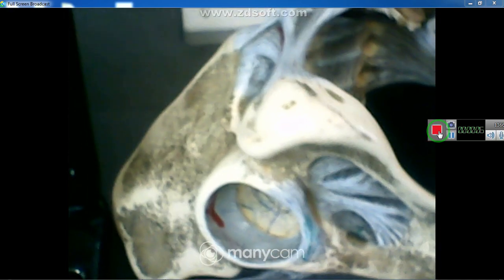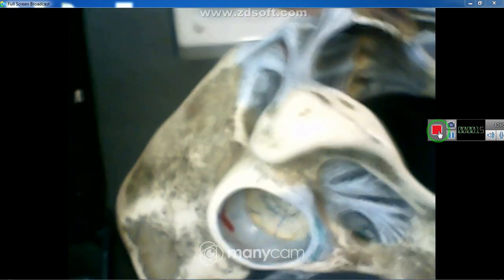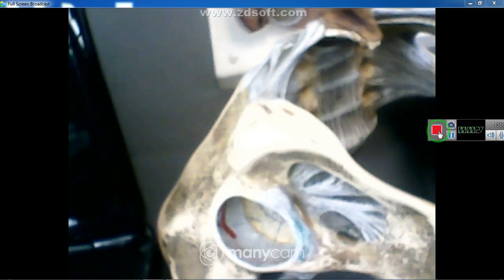Our session today is about the perineum. As I said before a while, the perineum is a space lying deep to the skin of the lower trunk. This region, the lower trunk, if we consider it on that sample,